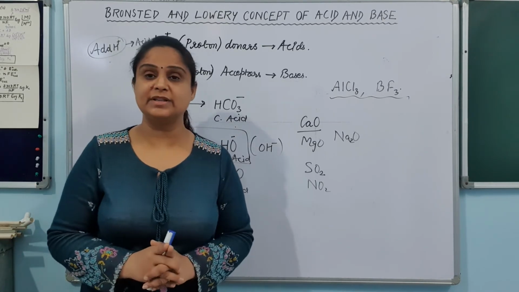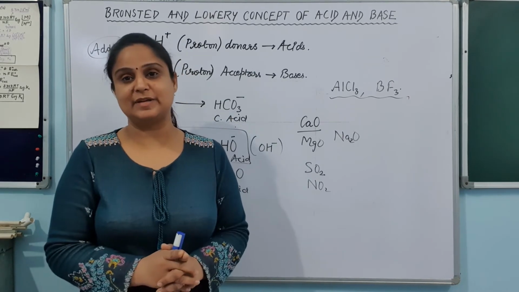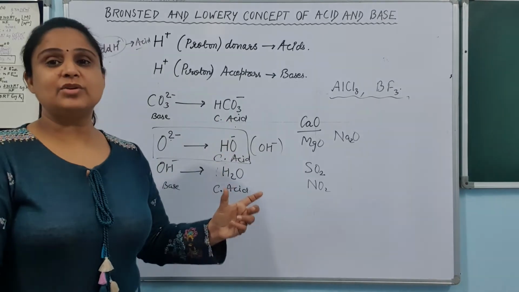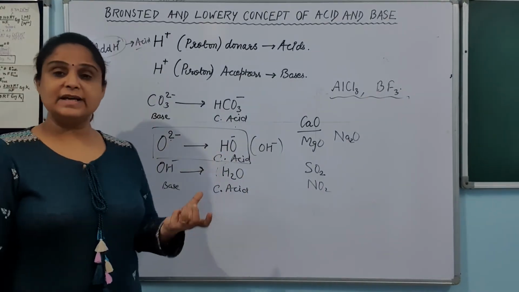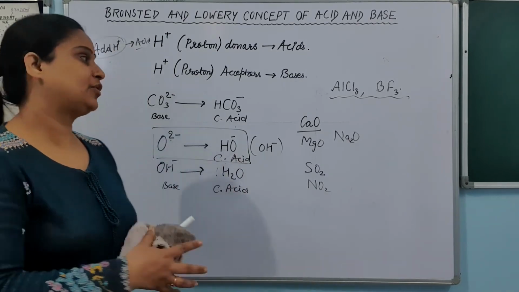Now one very important thing which I forgot to discuss here in terms of conjugate acid and base pair, that is the strength of acid and base. Conjugate acid and base pairs are opposite to each other in their strength. For example,